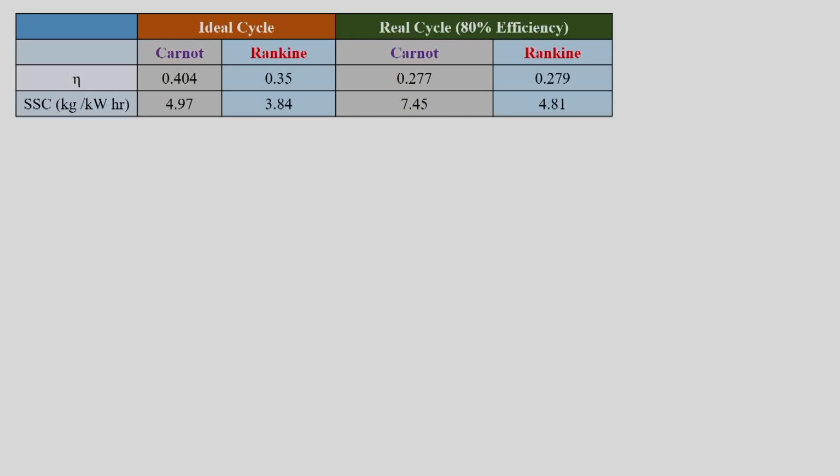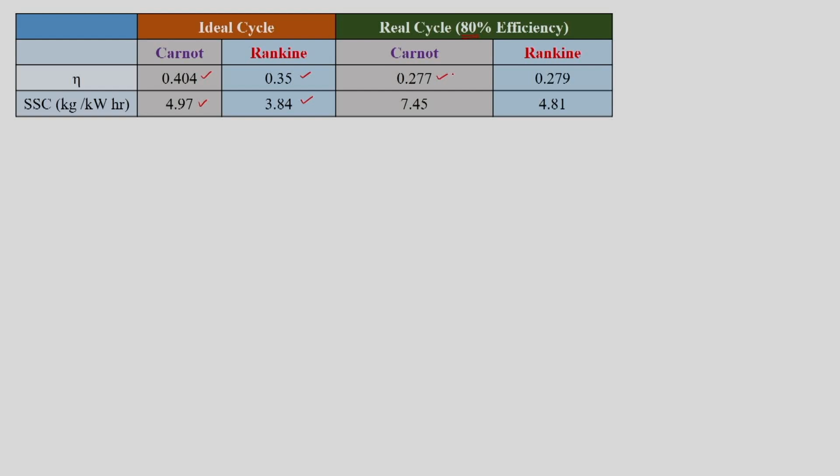If we look at the examples we solved for the Carnot and Rankine cycles, in the ideal case the efficiency was 35% for Rankine, but the same ideal efficiency for the Carnot cycle is 40.4%. Specific steam consumption was 4.97 for Carnot, and specific steam consumption is 3.84 in the case of the Rankine cycle. But the Carnot cycle, in the case of non-ideal components, with 80% efficiencies of pump or compressor and turbine, has its efficiency become